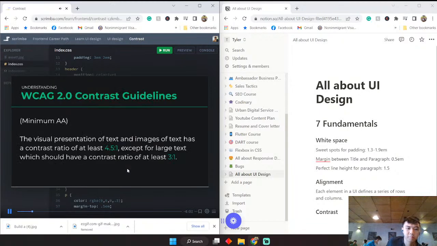Now, the WCAG, which is an acronym for Web Content Accessibility Guidelines, 2.0 color contrast guidelines are there to ensure that your type-based elements on your layout are accessible to those with vision impairment issues. So there are two variations, the minimum and then the enhanced. The minimum is referred to as AA, and it's simply the visual presentation of text and images of text has a contrast ratio of at least 4.5 to 1, except for large text, which should have a contrast ratio